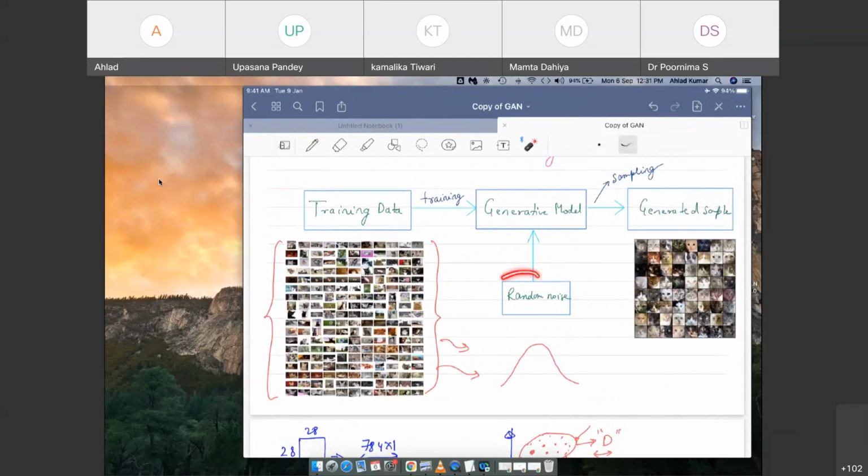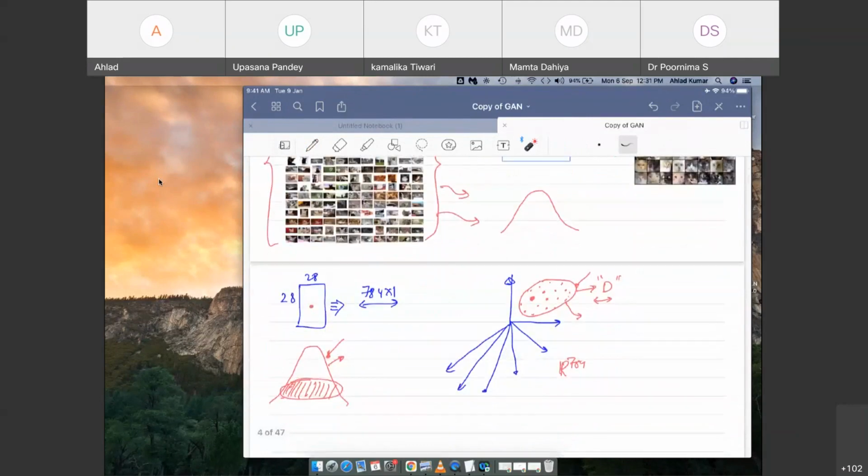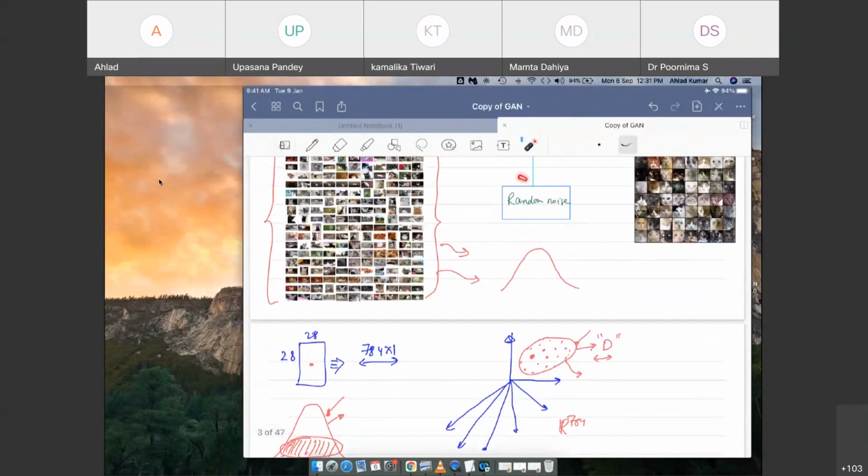So this is basically a random noise which you are feeding into the generative model, and then what you get is a generated sample. What I am trying to show here is that the noise is some seed, which is not exactly the actual training data set, but a random seed which I am taking. From this seed, if I try to find out the value of that,